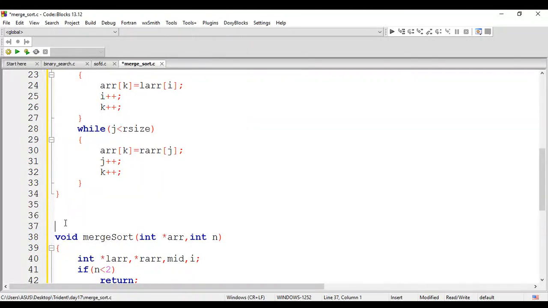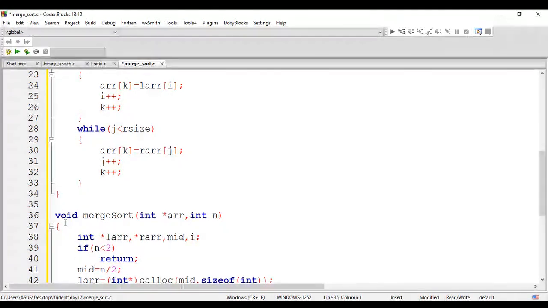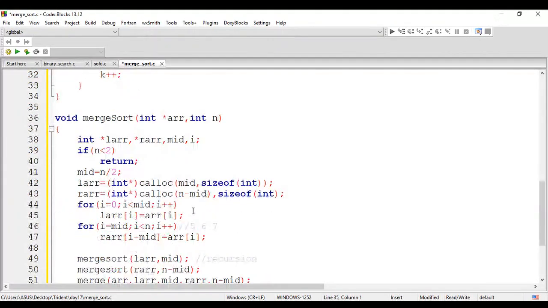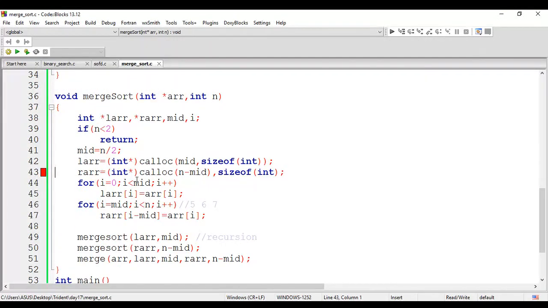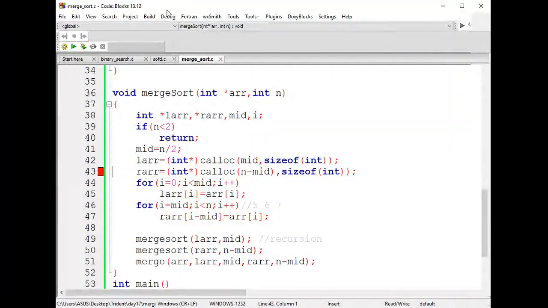So I guess we do have one extra parameter. We'll remove these braces. Now we'll start executing it. Here, I guess we left out one parenthesis. The error we are facing here is size of integer.